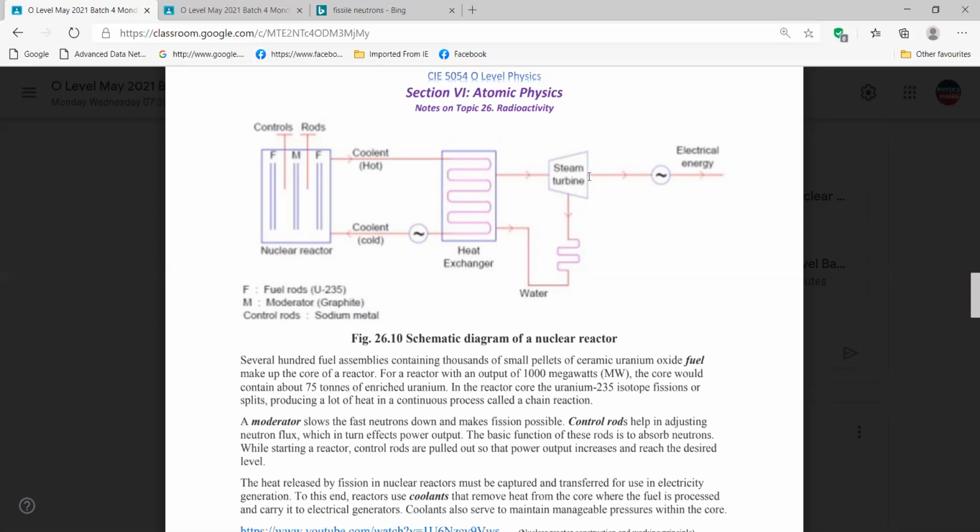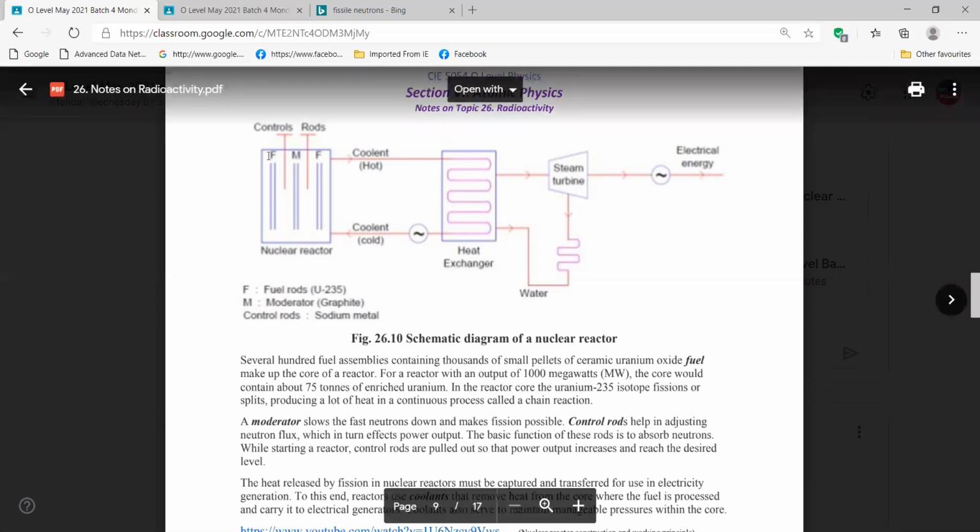Steam turbine. How big could it be? How much big could it be? I think, according to my knowledge, here we actually don't need